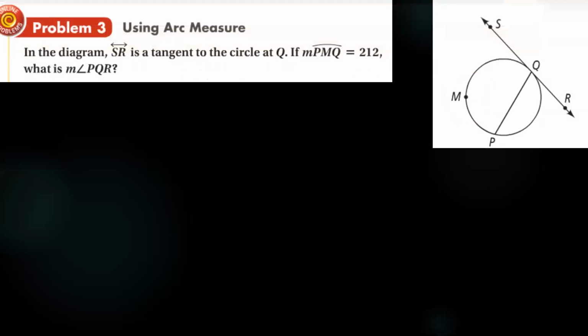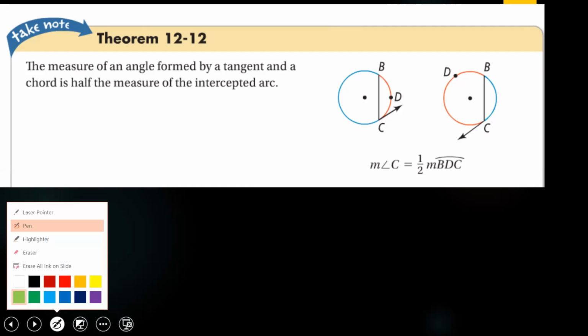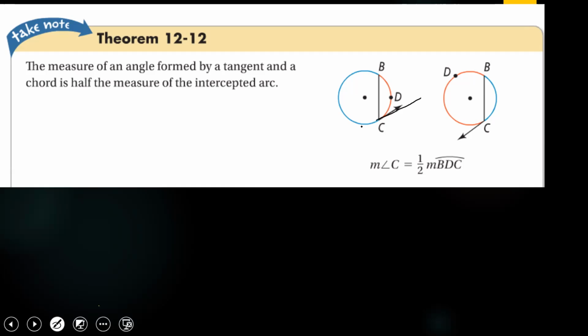Let's talk for 2 minutes about this theorem here. Now, if there's a tangent line and there's a chord that are meeting each other, since they are meeting each other, they make an angle. They told you that the measure of this angle